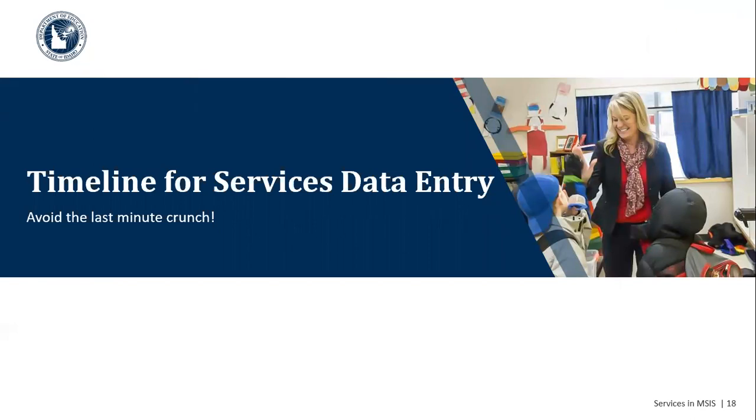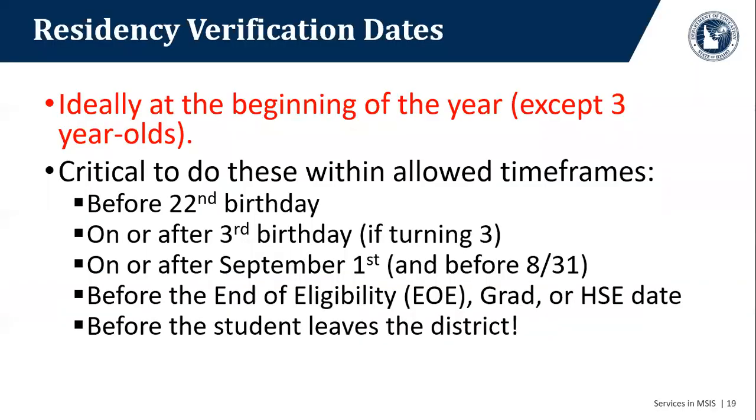So now we're going to talk a little bit about the timeline, because I know for many people, the timing on a lot of these dates are unfortunately at bad times of the year. So a lot of services that we need to enter, we need to double check. We're doing that in the fall. At the same time, we're at the very height of our recruiting period for fall harvest. And so I wanted to go over these so everybody knew exactly when these things needed to be done, in order to get them in there and make sure that they're all there before we roll over, and to avoid that last minute crunch, hopefully.